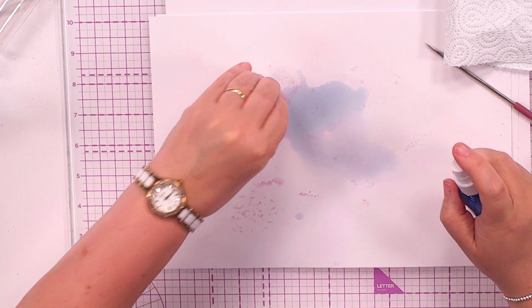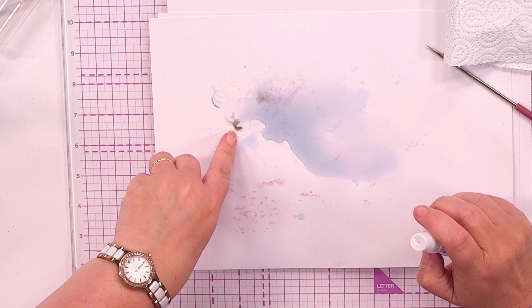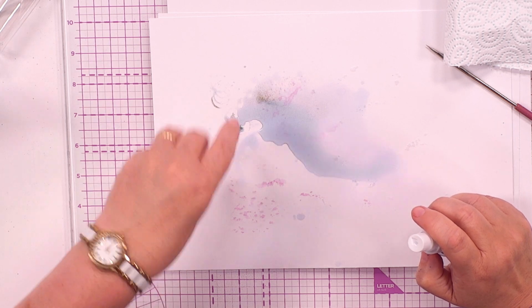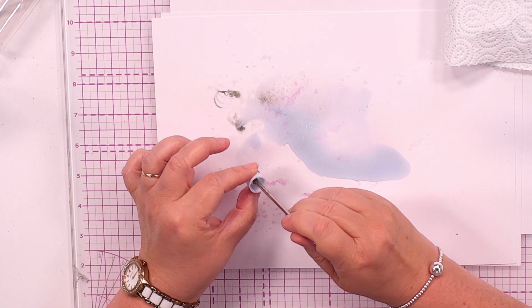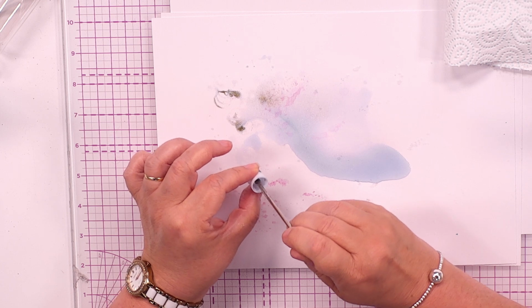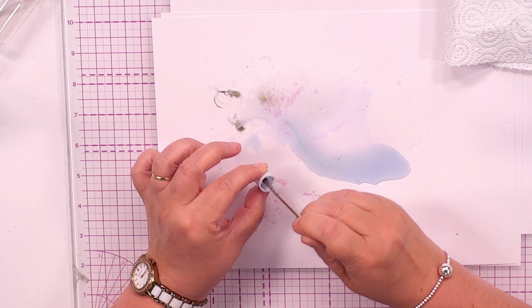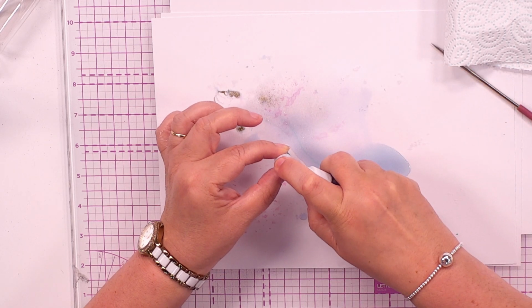Give it a little tap. Oh, look. Did you see that? Look, there was the mica that was causing the resistance, the pesky mica. And by putting that little pokey tool in there and just giving it a little, I'm not pushing it, I'm not forcing it through the top of the cap, it's just giving it a little, could be a cocktail stick, doesn't have to be your pokey tool, you're just kind of agitating it, giving it a little clean, and then going back in with your water